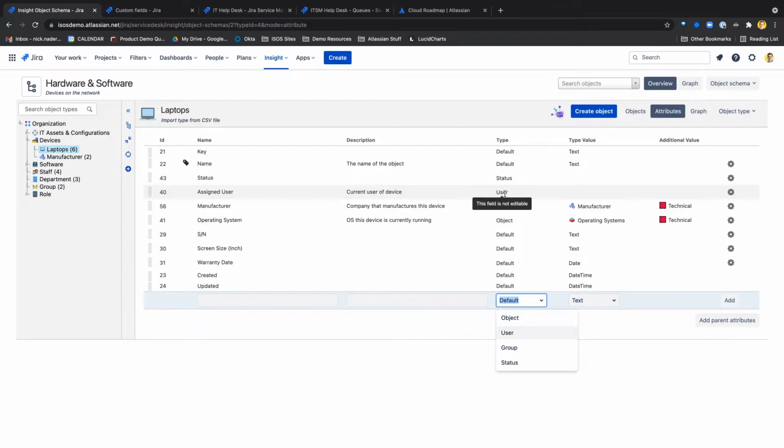So you can pull them from that LDAP directory that's synced with Atlassian Access. You'll basically have the ability to associate assets with any of the users within your Jira instance. Same goes for groups, except it's groups of users. And then the status attribute is a custom attribute as well, where you can define custom statuses on